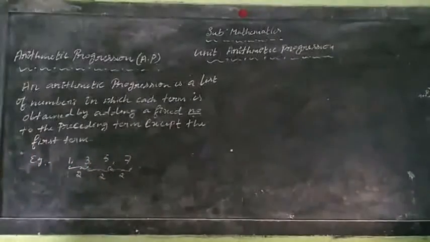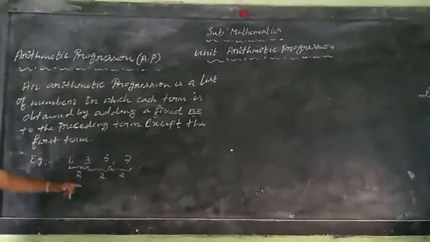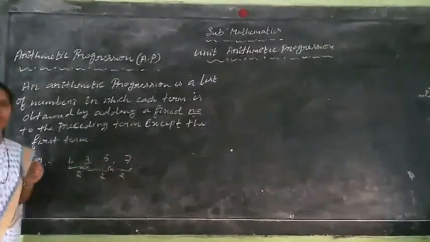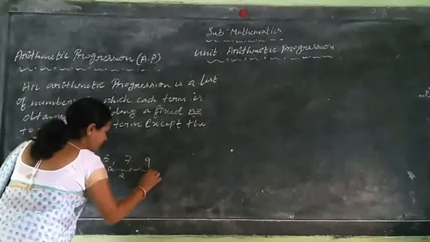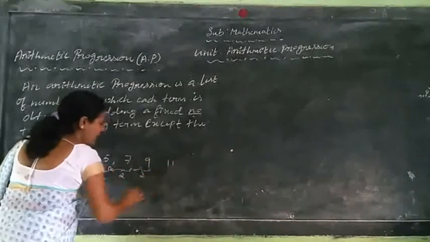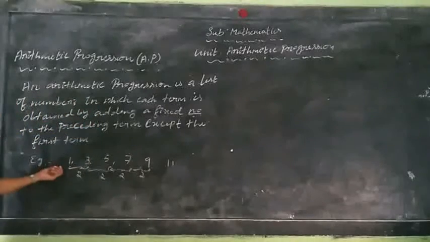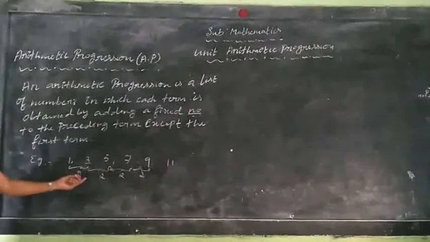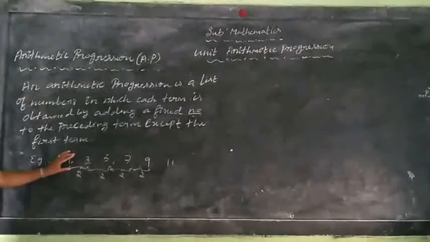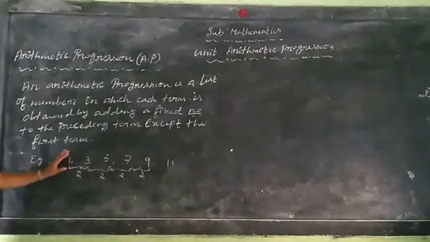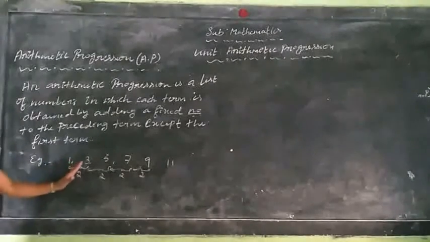Then what will be the next term? So just see, we have added 2 for each term. Then what will be the next term? Yes, the next term is 9. And the next term is 11. So here for each term we have added 2, isn't it? Okay. So the first term will be fixed, children. It will be fixed. So after the first term, for each term we should go on adding